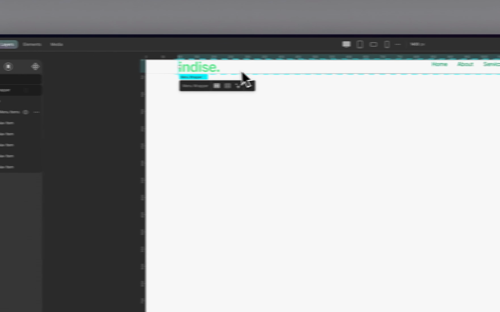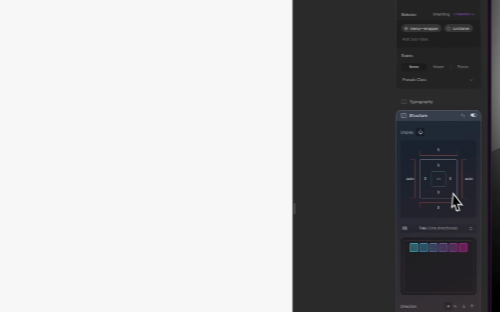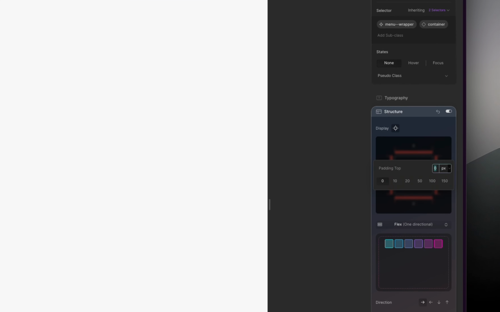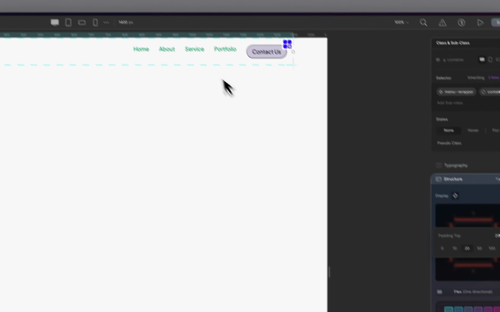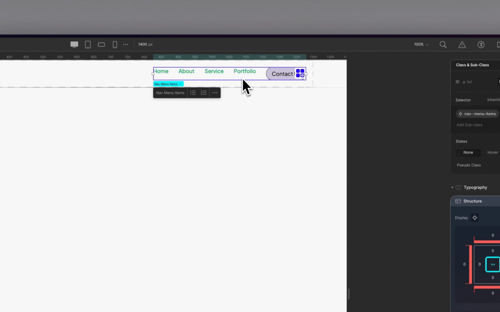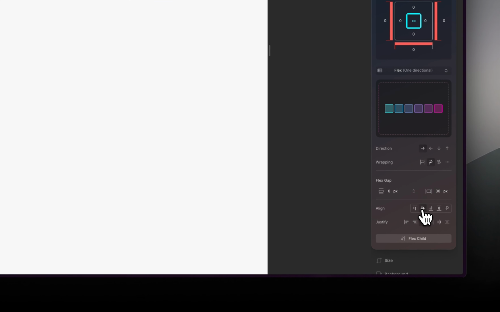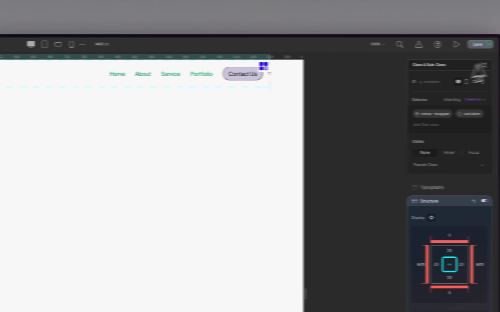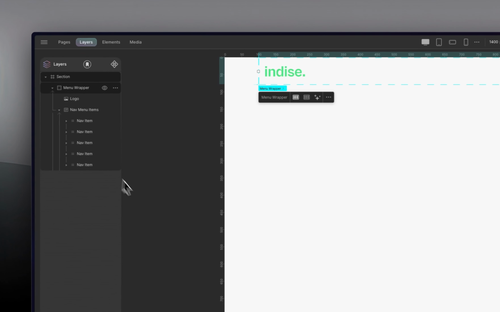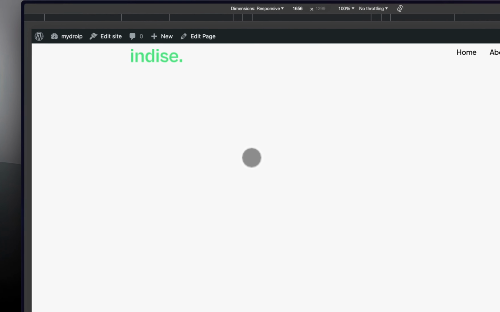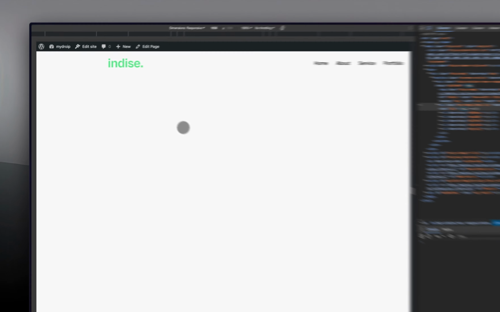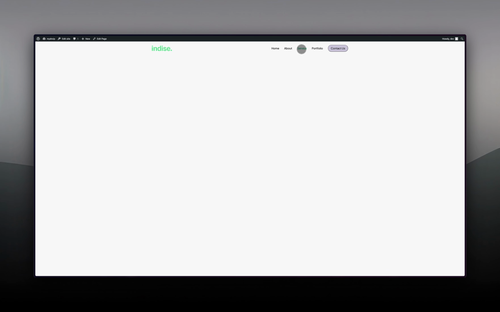All right, and then when we click on the menu wrapper, I'm going to lock this, and then let's give this one a padding of 20 pixels. Clicking back on our nav menu items, I'm going to make sure that this is centered, so everything is centered nicely. So let's save that. Going back here, let's refresh, and then yeah, so we do have something more like this. And when you hover, you can see that the color changes.